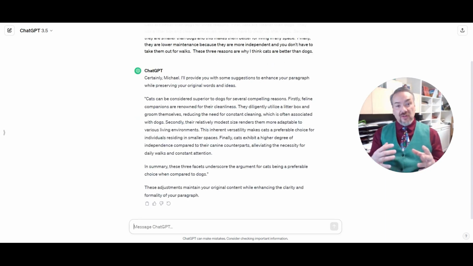So now it explains how to make their paragraph better. It gives them the example of how to make their paragraph better. And I think this is a pretty good way for students to use ChatGPT. It just takes their work and elevates it. I think that's what we want as teachers, for them to get better in their reasoning and get better in